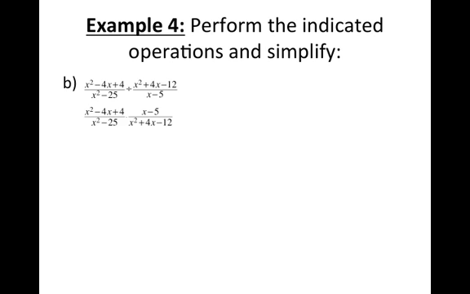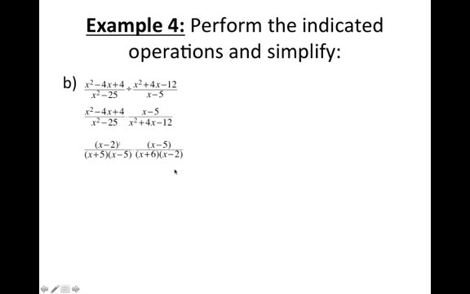We have a perfect square trinomial that's (x minus 2) squared. We have a difference of two squares, (x plus 5) times (x minus 5). And we have just a trinomial that we can factor. Let's see, numbers that multiply to give us negative 12 and add to be positive 4 are 6 and negative 2. I like to put parentheses around a baby binomial like (x minus 5)